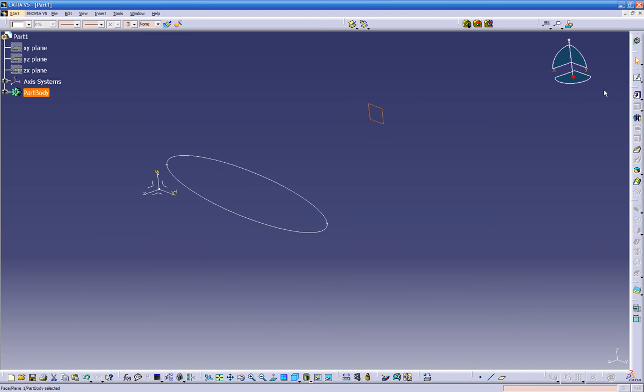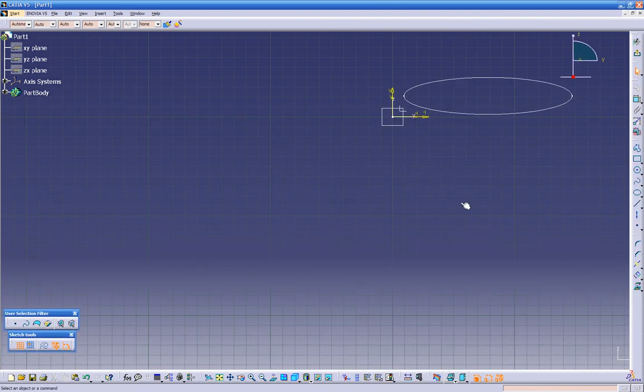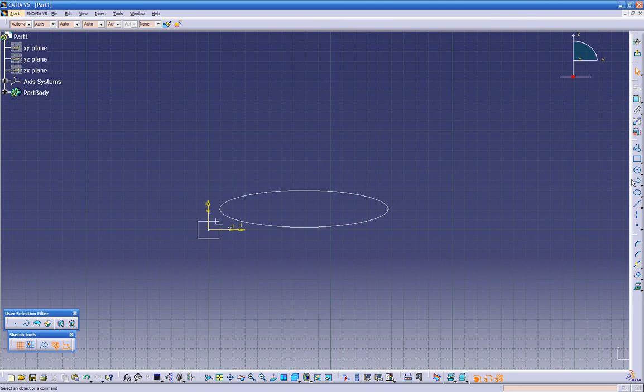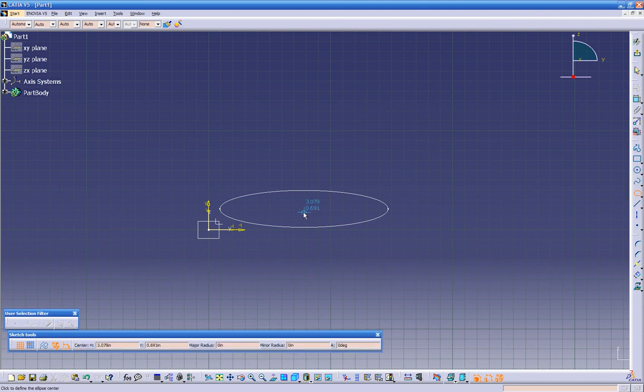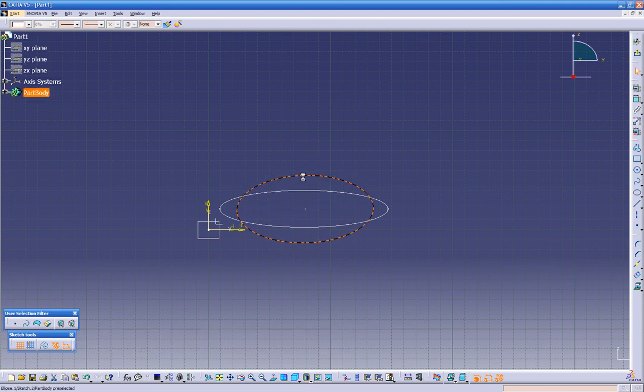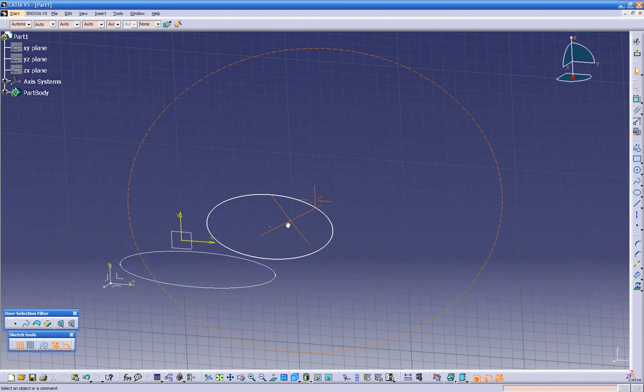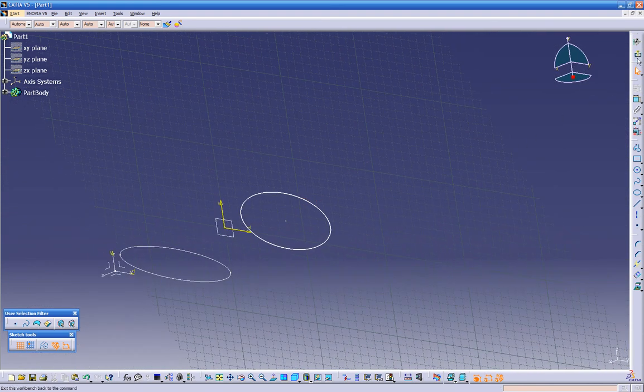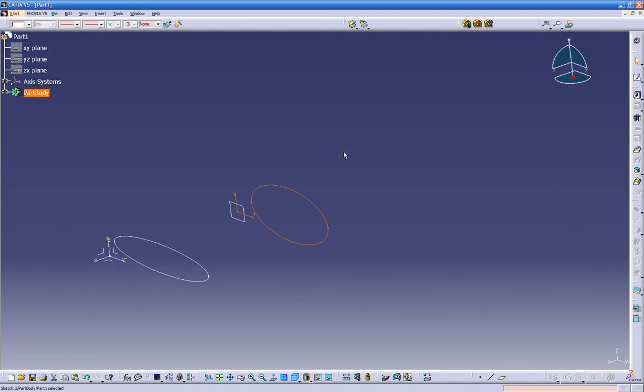Let's open another sketch on this plane, and let's build ourselves another ellipse. See, so now we have 2 of them. You can go multiple sections at a time for this option over here. So now we can try a